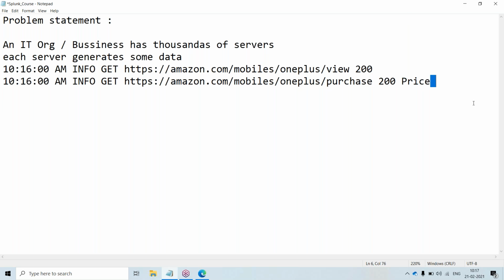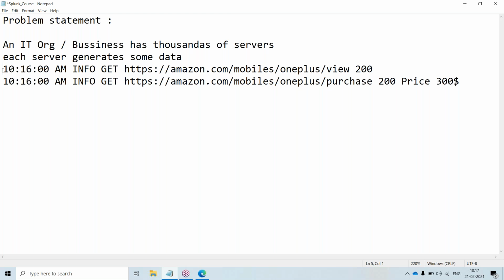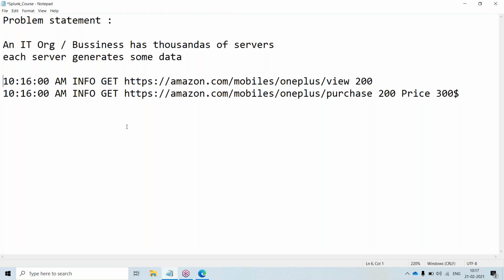And price is something like $300. Okay, let us assume I'm having this kind of information, this is what is meant by data. So with this, if there is any failure or something, our production guys will intimate the development team to fix the issue. If there is any error, instead of INFO, if I get